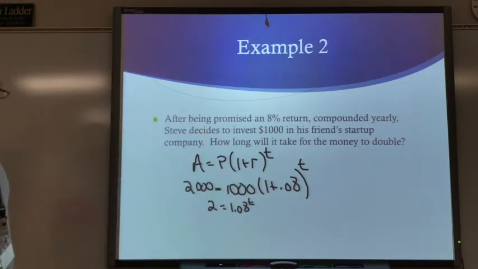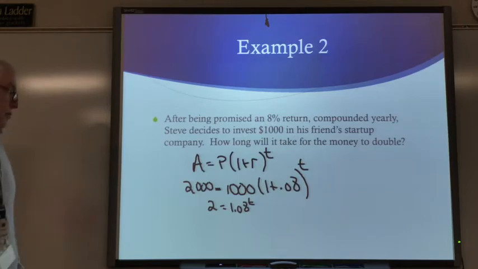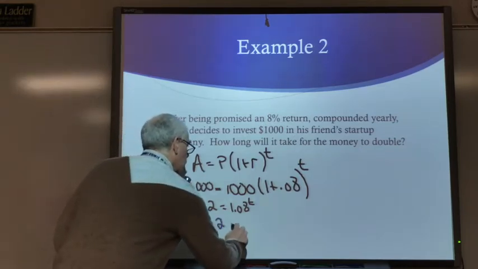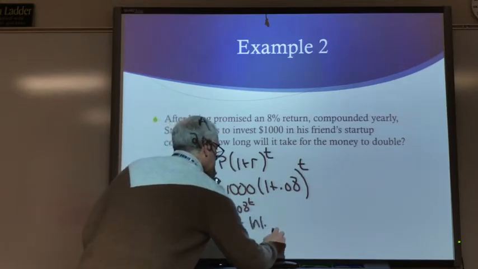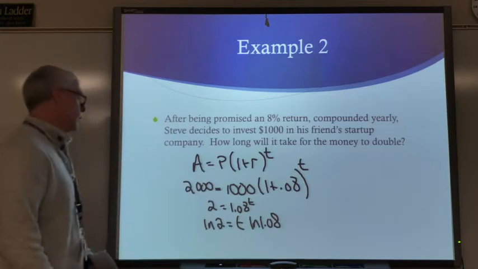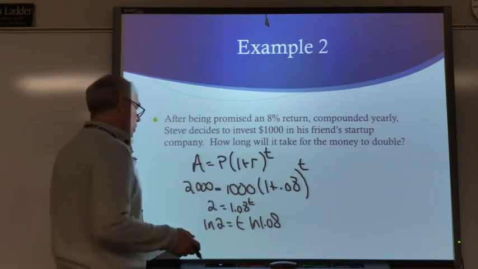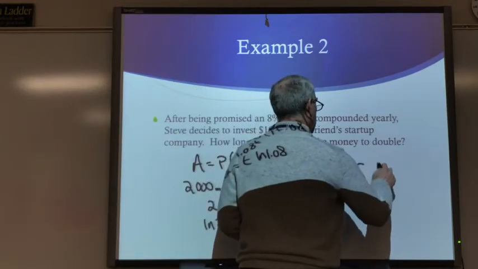And now's when I got to use the logarithmic stuff that I've learned here. Okay? So, because I've got an exponent that's a variable, I'm going to take the log of both sides. So on this side, the ln of 2, and on this side, the power comes out in front, like so. Okay, divide both sides by ln of 1.08, and I get t to be about